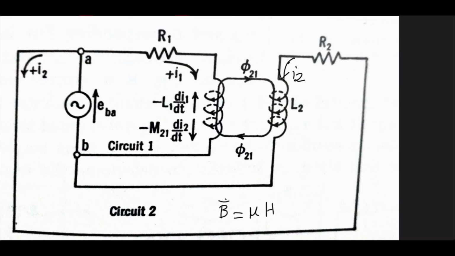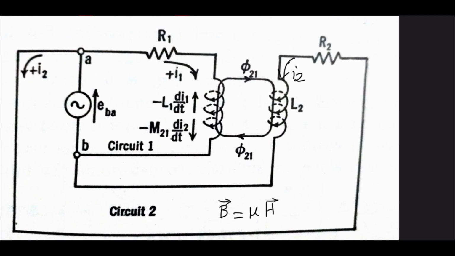And both of these are vectors. If you change the direction of H, then that is obviously going to change the direction of your B. And here, we are considering this mu, the permeability, is constant, so if we reverse the H, then it will automatically reverse B, so the flux direction will change. Now try to understand why this circuit direction is so important.